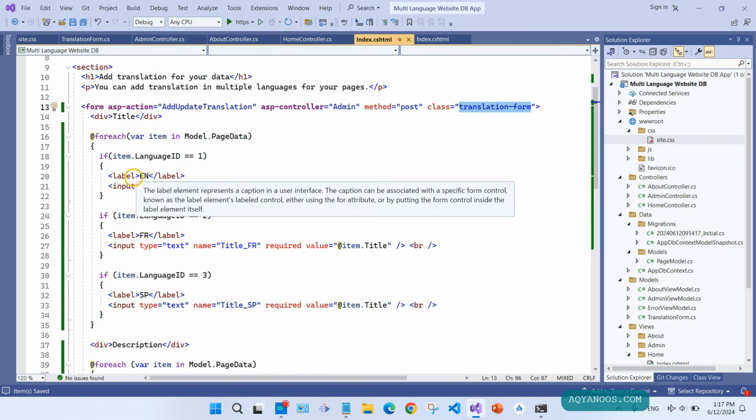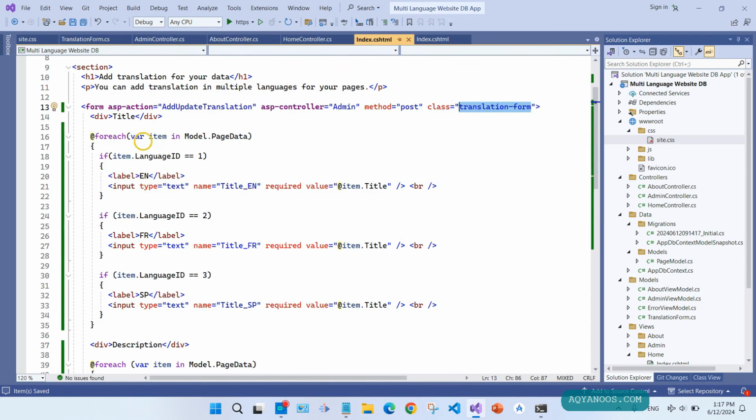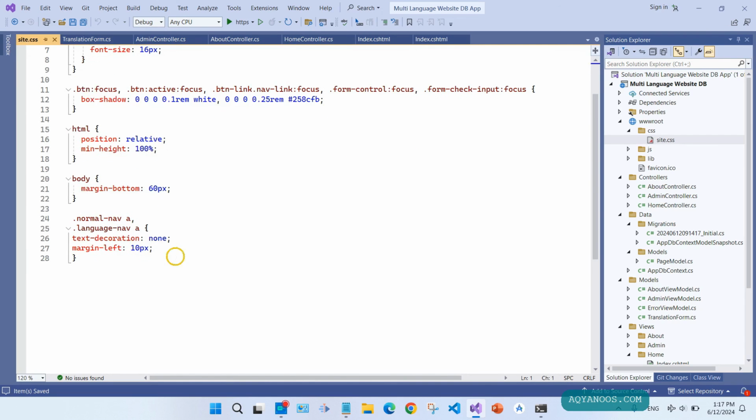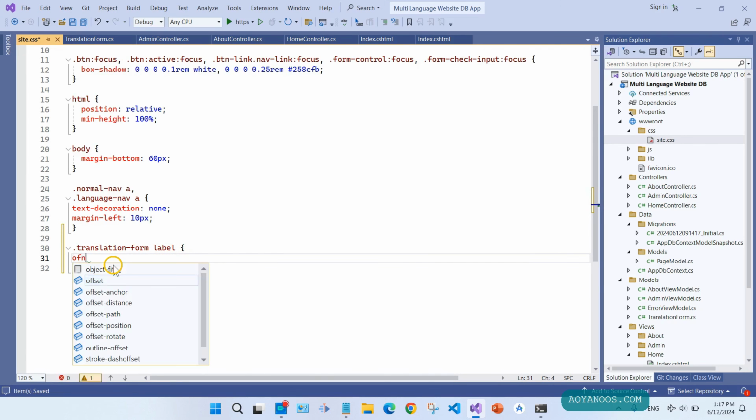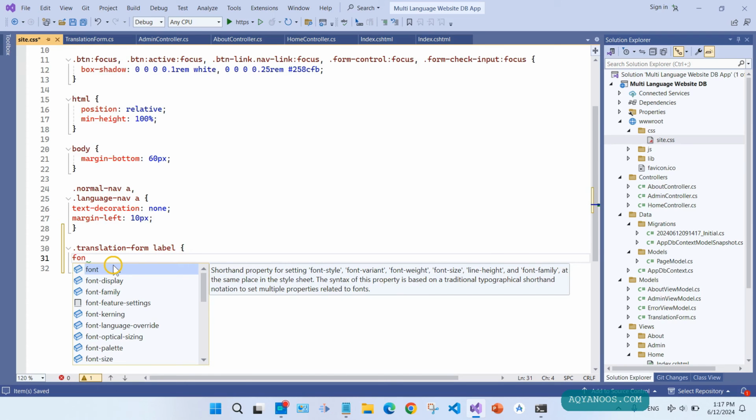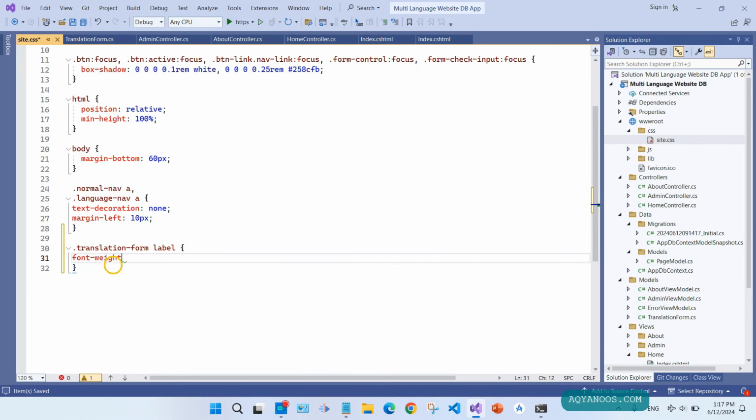Control C. Translation form for label should be font weight bold,